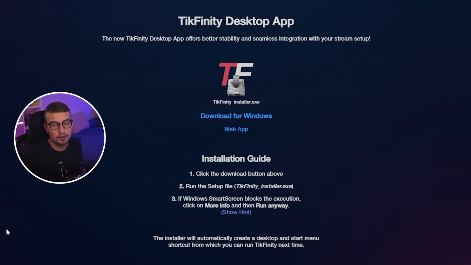The best way that I've found that you can add a social media rotator is through Tikfinity. If you haven't already seen my other videos, I've featured this program in a lot of them. You can basically add alerts, you can add goals, you can add whatever you want. It's super simple, it's free, and a lot of people that stream to TikTok use this program, so check it